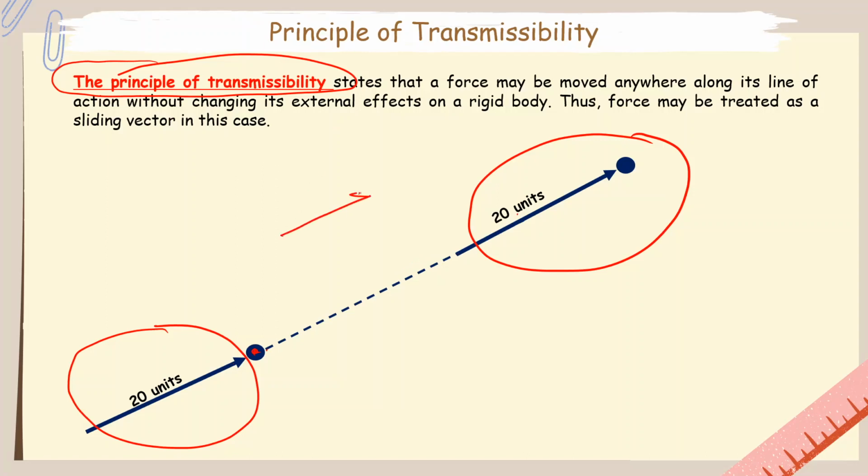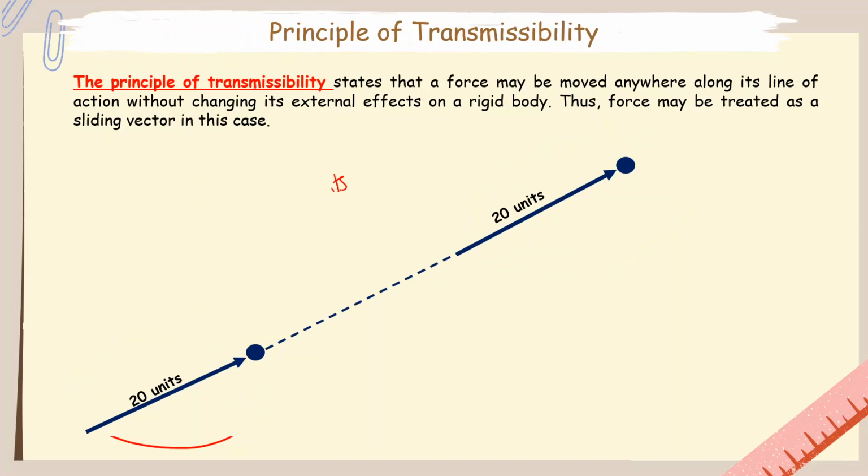Kung dito mo ilagay ang 20 units, hindi pwede. Okay? Okay, again. Kung dito mo ilagay ang 20 units na vector, hindi pwede kasi, not the same line of action sa original ko. So, ibig sabihin, kahit saan mo ilagay yung vector, okay lang, basta ang paglalagyan mo is the same line of action. For example, dalhin mo dito yung 20 units na vector, okay lang, kasi ang line of action nito is